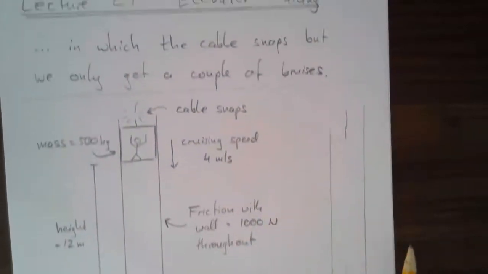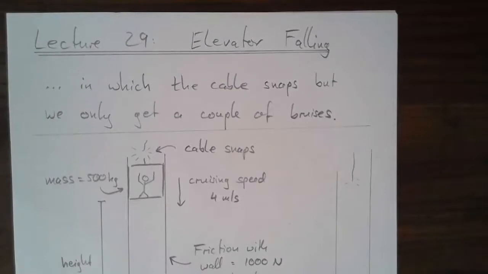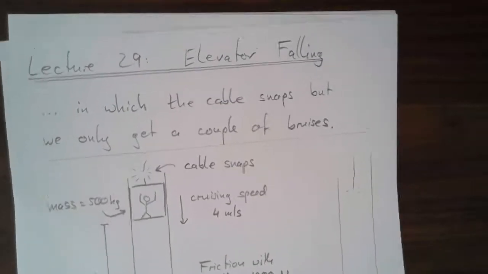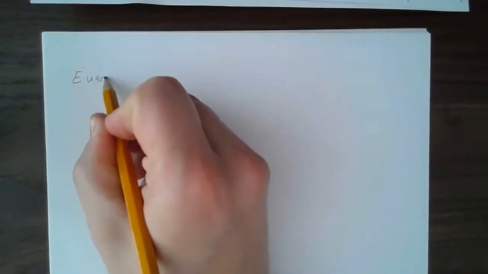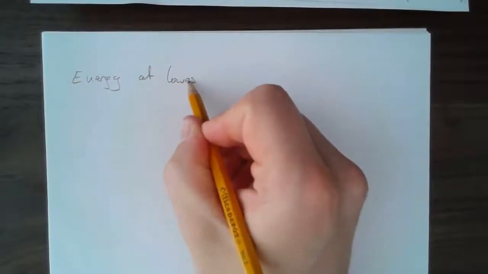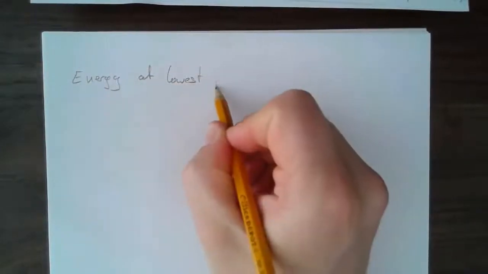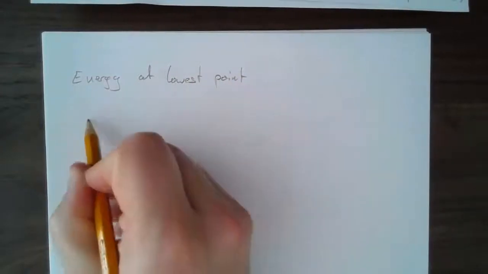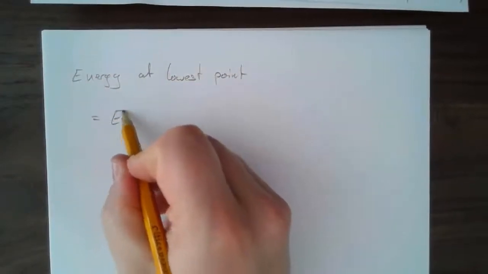Okay, so we're going to use energy to solve it. Hopefully you've paused, you've tried it yourself, you had a chance of having a go at it. So here's how we're going to do this. We're going to consider the energy at the beginning and the end, and we also notice that some energy will have been lost in the process. So I'm going to write this down. Energy at the lowest point. What's it equal to? It's equal to energy at the beginning